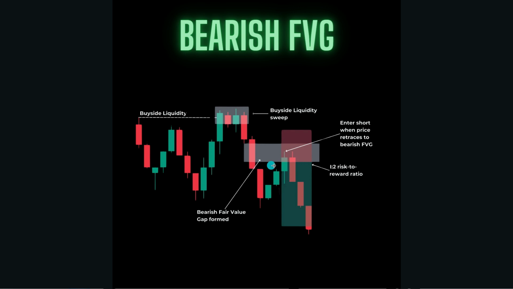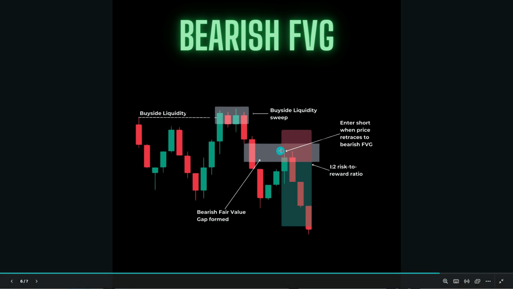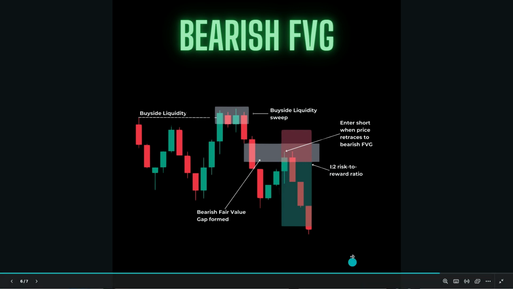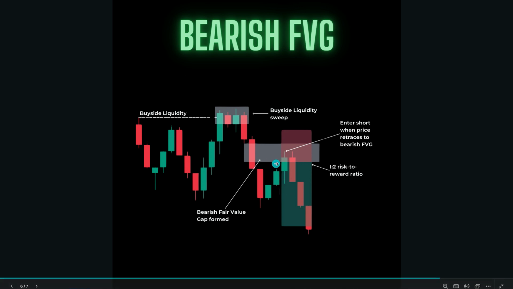But anyways, he's the one that showed me that a lot of times when you get these fair value gaps, man, when price retraces back into this gap, most of the time it's not going to come all the way like it's showing right here. The way it's explained is, if it's a really powerful move back down, it's probably going to retrace like right to here, and then it's going to go down. So if you're waiting for it to come inside the box, most of the time, if it's a strong move, it's not going to happen. And then the move is going to go without you, and you're going to end up in a chase. So what he said was, and it's played out a lot of times.